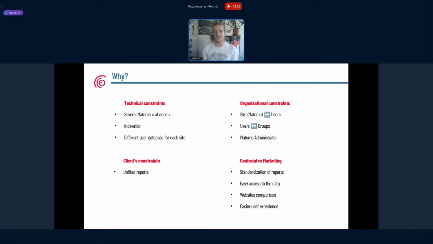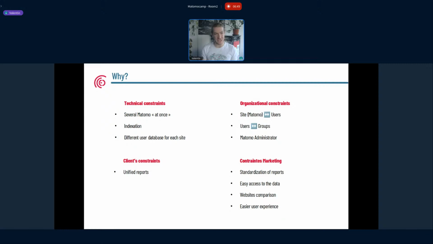So one thing is how you can manage all of these Matomo at once with all of the technical constraints, because you have indexation to manage, you have different users in different Matomo instances, so you have to be able to see or to know where all the data are.